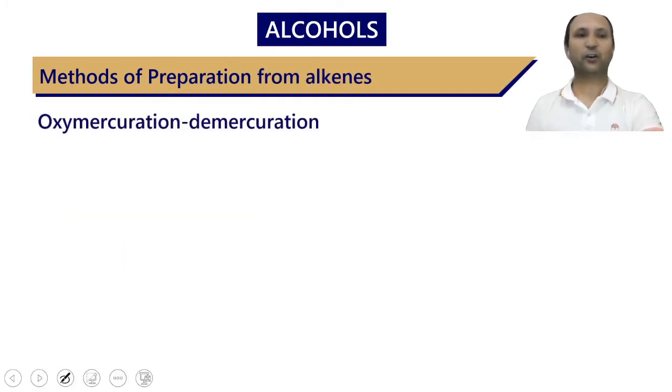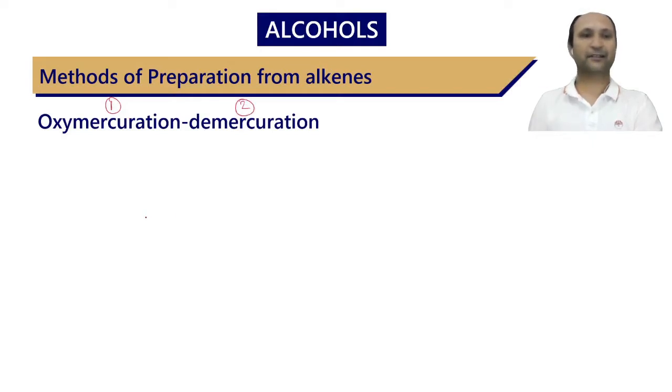So the first is oxymercuration and demercuration reaction. As the name suggests, it is a combination of two reactions. The first is oxymercuration and the second is demercuration. So we'll discuss the first reaction first, and this oxymercuration can again be divided into two terminologies. The first is oxy and the second is mercuration. So oxy can be something related to either oxygen or any moiety containing oxygen, and mercuration will definitely involve